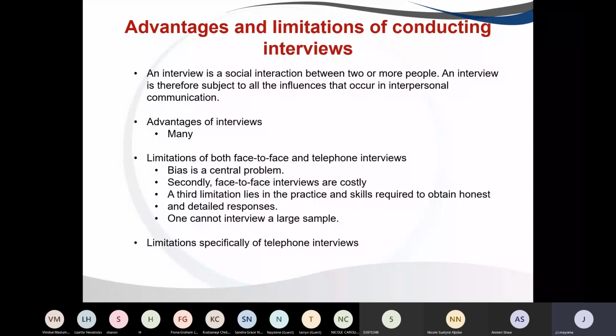We're told that the respondents don't have to be literate, so they don't need to be able to read or write to participate in an interview. As we know with the questionnaire, people can really only participate if they can read and write, and especially if they can read and write that language. So if someone's home language is not English and your question is in English, then they can't participate. But in an interview, even if your questions are in English and you find that this person's home language is Afrikaans, you can ask the question in Afrikaans